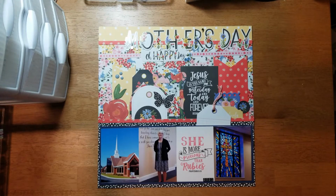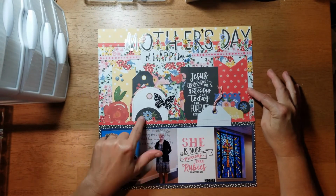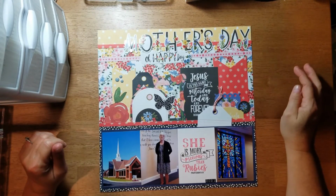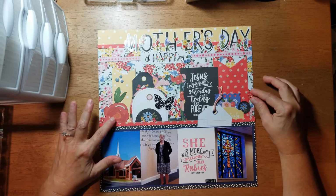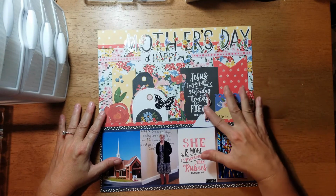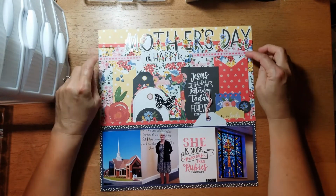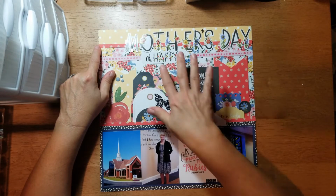As far as the layout goes, I cut some banners, I used some of the tags, and I didn't cut a hole into these and add any twine or anything, because I thought it's just busy enough as it is, and I didn't want to add any more busyness to an already busy layout. And I fussy cut out this floral, and just kind of tucked and built it and added a few stickers on there, and that's pretty much my layout. Oh, I took a strip of this red and added it here and here, and then